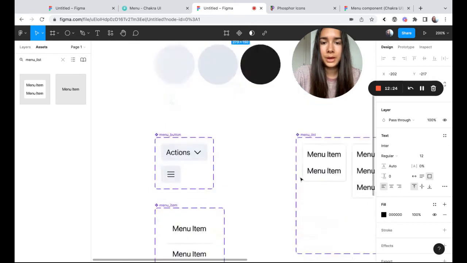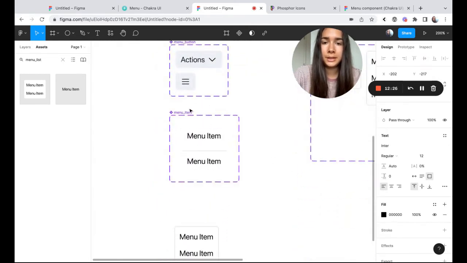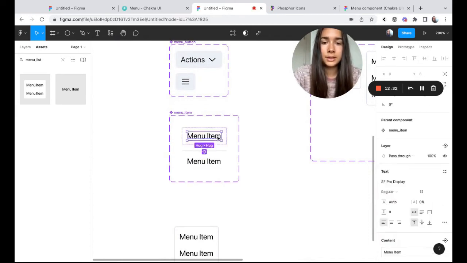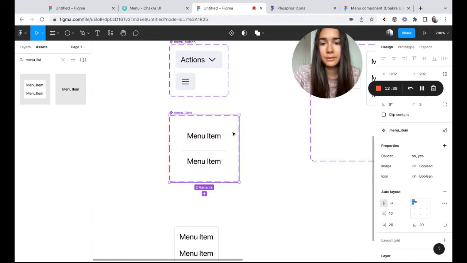To create a title for menu item groups, it's really just going to be a different text style for this layer here. And our titles will also have an ability to have a divider sitting on top.